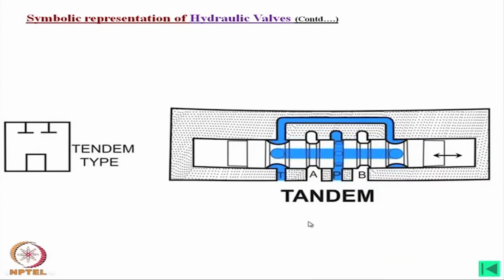Now, this is called tandem center. What is in tandem center? In tandem center, that oil at neutral position is going to the tank directly, whereas these two ports are closed, right. Now, if we move in the right directions, then P will be connected to B, but look at this path will be closed and then A will be connected to T,